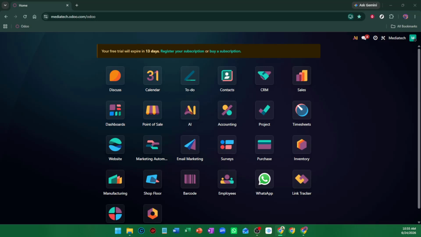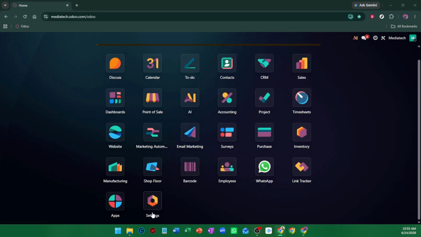In today's video, I'm going to teach you how to configure email servers in Odoo. We'll be setting up both outgoing and incoming email servers so your Odoo system can send messages properly and also receive emails based on your workflow. This is especially useful if you want to connect Odoo to an external mail provider instead of relying only on